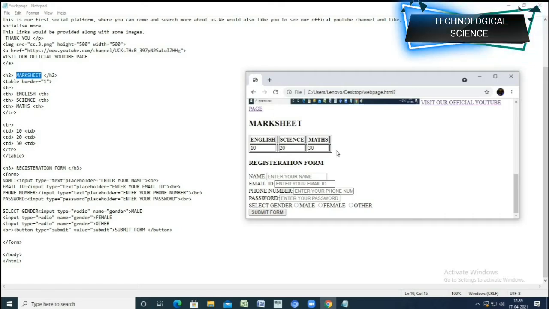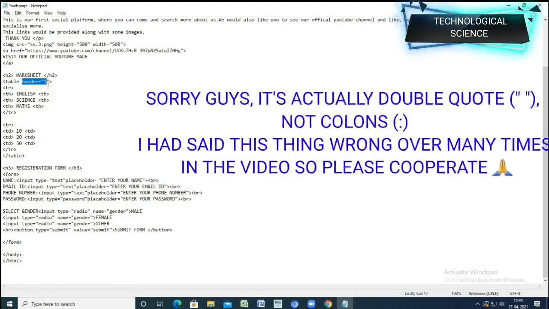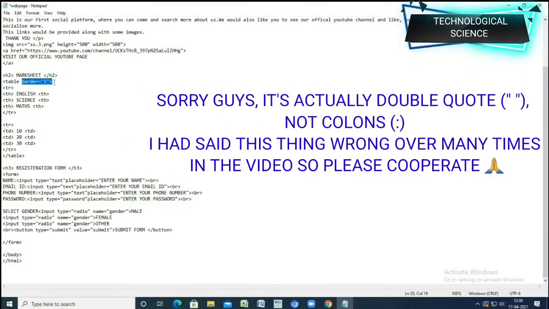Now first of all I'm going to tell you how you can create a basic table. First of all you always have to create an opening tag for table, that is the rule you all know. So I will create an opening tag for table, then give a border like this: border equals, with these two quotation marks, one inside, and the tag closed. So in this way you have to write.